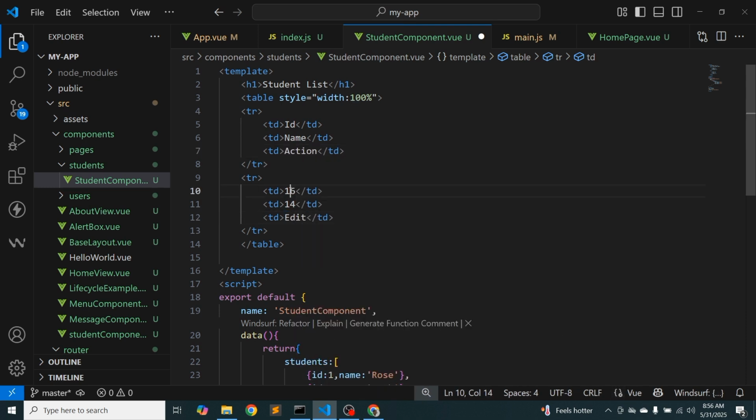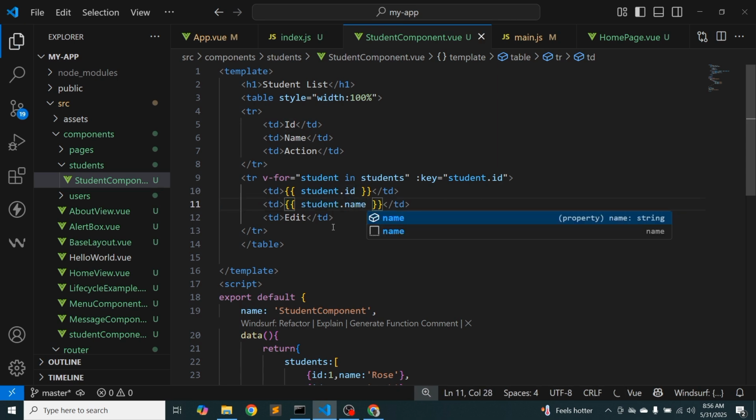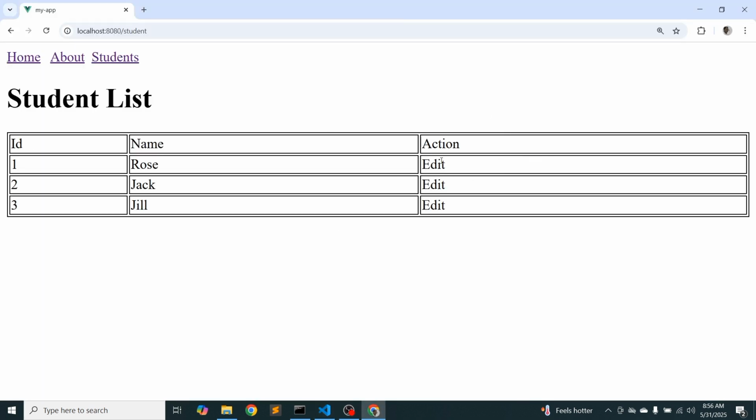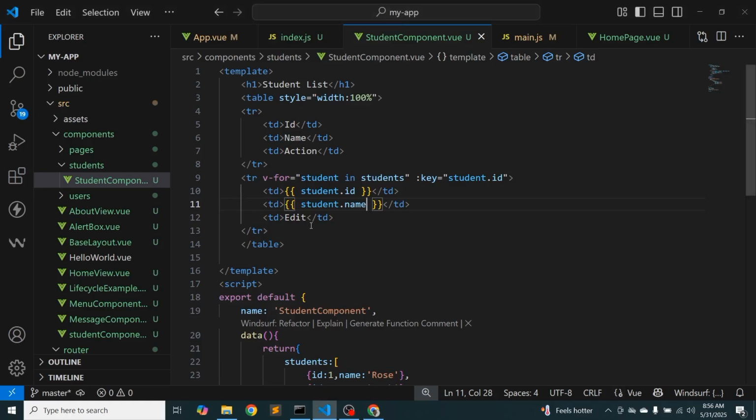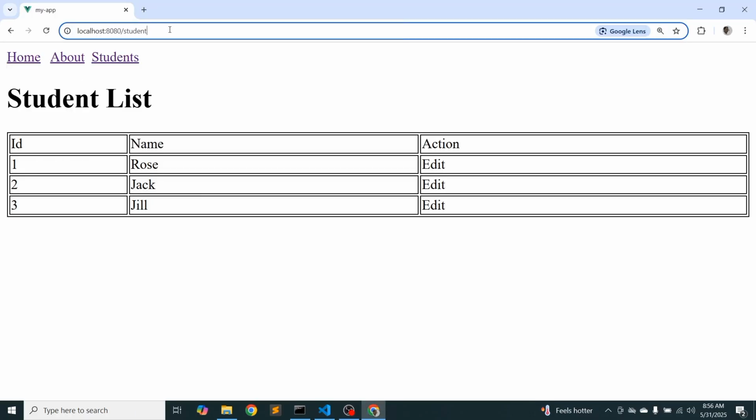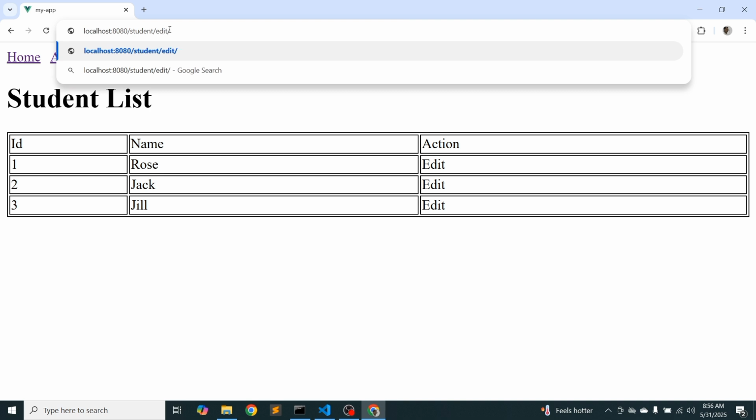Okay, and here I will print in this way using the for loop. So simply write v-for, and here write student, and you know the loop, how to execute the loop: student id and student name, and the action will be their student id. Okay, so suppose for id 1, here that will be edit 1 in this way, or simply you can write a 1, no problem. Okay, so I am just going to make it dynamic,